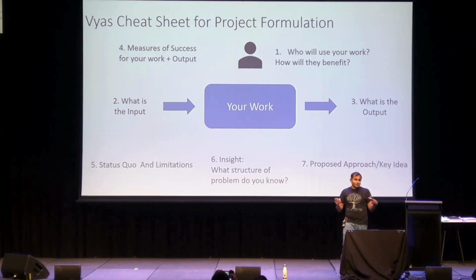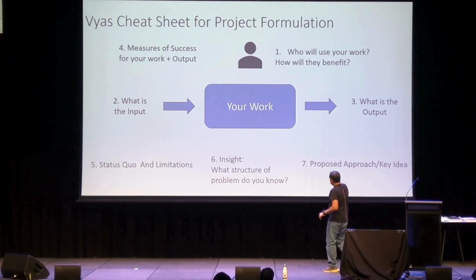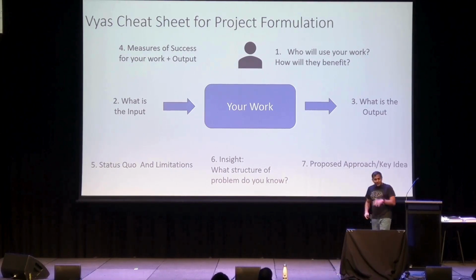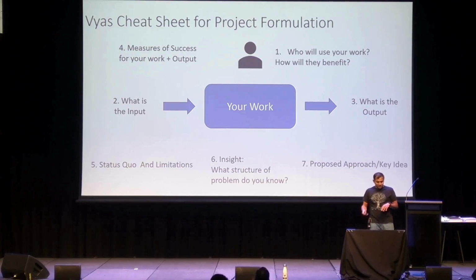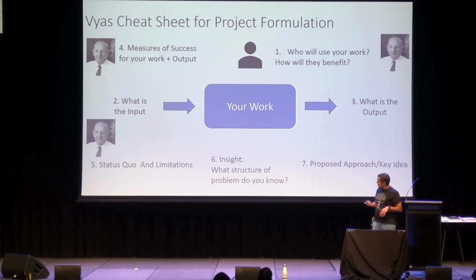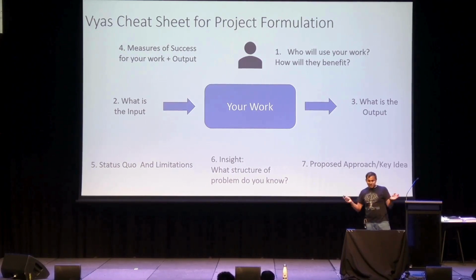And this is the same for a paper. It's the same for a proposal, right? A proposal just happens to be an elevated or a higher level insight of why you believe this class of problems can be solved. And then finally, okay, this animation was broken, you finally say, here is my proposed approach or my key idea. This is it. This is my cheat sheet. Okay, sorry. This is it. I can send you the slides. If you start a project, ever trying to write a paper, trying to write a proposal, if you can answer these 7 questions, I think you're already on a good track. And I'm sure other people have better cheat sheets. This is my cheat sheet.